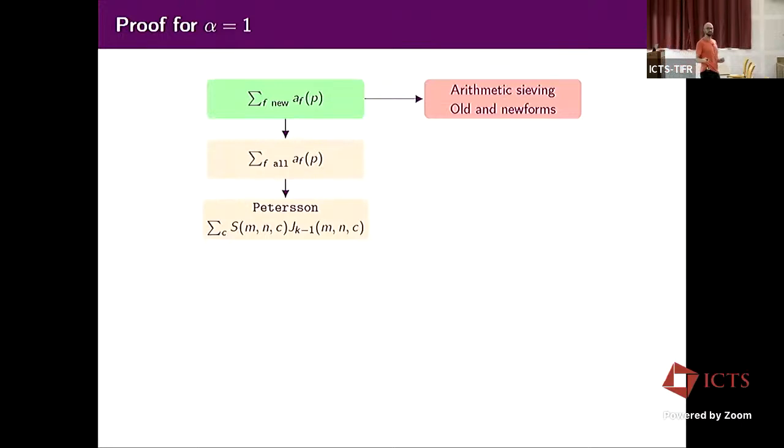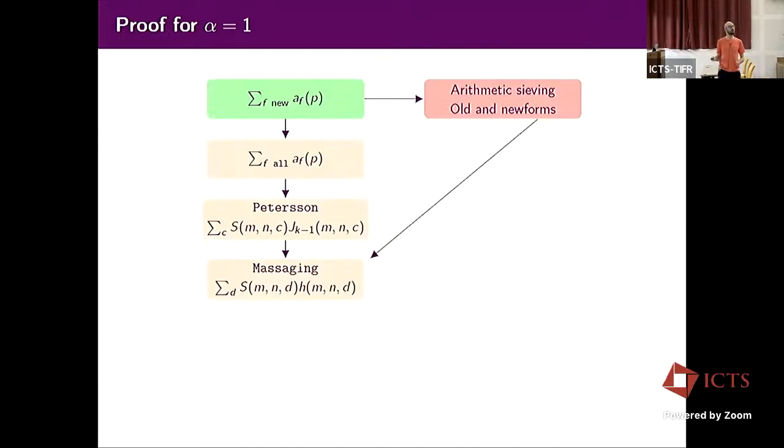So now what I do is that I massage a bit, putting everything back together. All these hidden sums in front and all this sum from the arithmetic sieving, I swap summation, and that changes a bit. It's not anymore a Bessel function, but that will be a sum of a lot of things depending on the Bessel function, another function. And because here you have a lot of divisors of lower level, that changes also the level you will be seeing here. And in fact, it lowers the level.